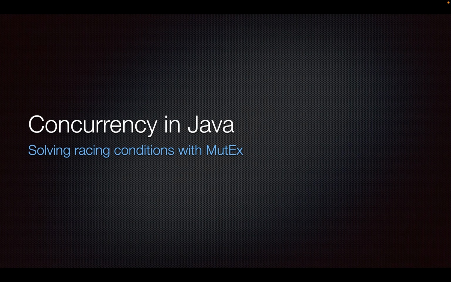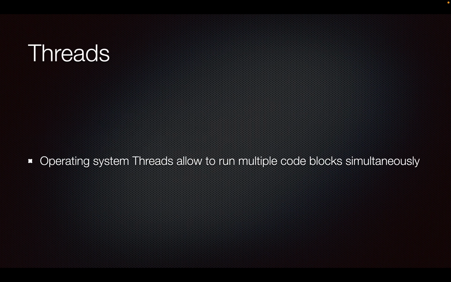Hi everyone, so today we're gonna cover concurrency in Java, and we're gonna see what race conditions are and how to solve them with the mutex. So concurrency is a mechanism of running parallel blocks of code simultaneously, and modern operating systems allow executing code in different threads. So in Java we have access to those operating system threads, and what's crucial to know